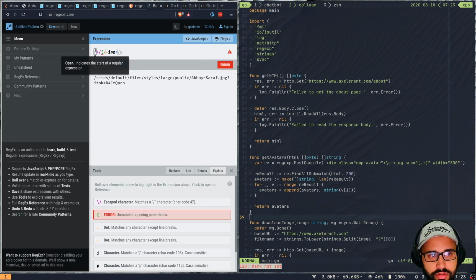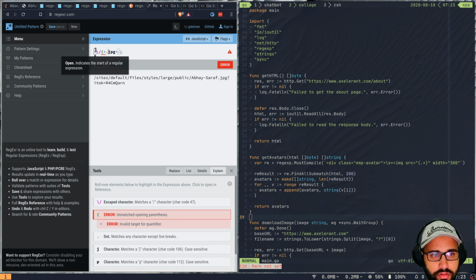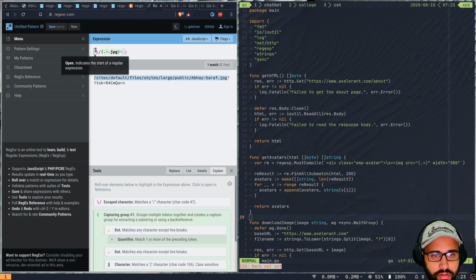Or maybe we can just do plus dot plus jpeg, close this bit. Yeah. And then, now how do we, yeah, we can split on this, and then because there's no way